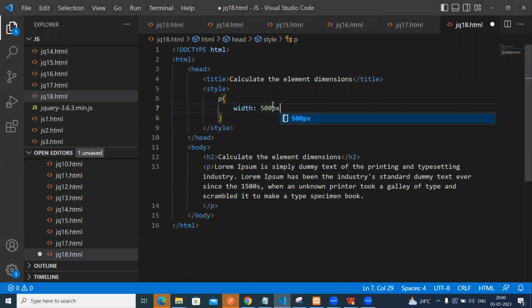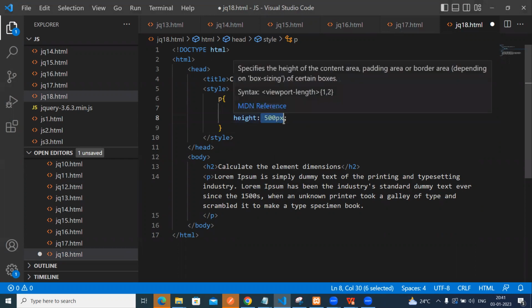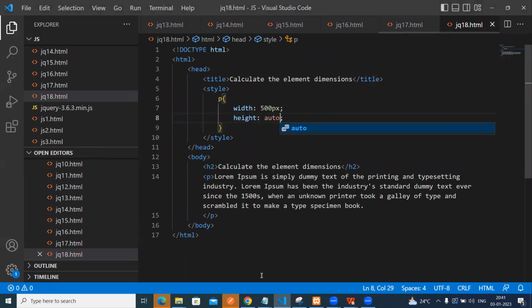Width 500 pixels, and height 500 pixels. For height I am taking auto, depending on how much content we are having. Okay, so now you can see inside